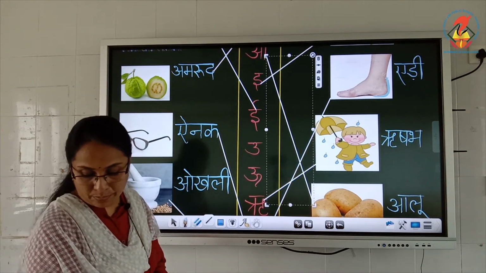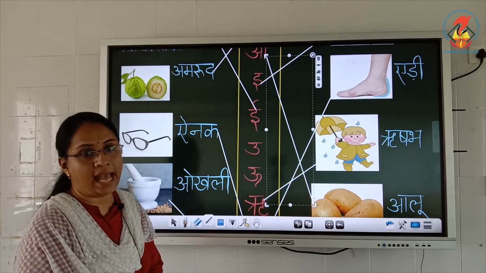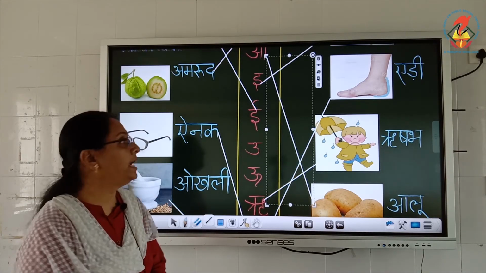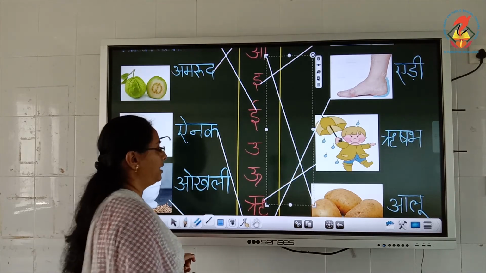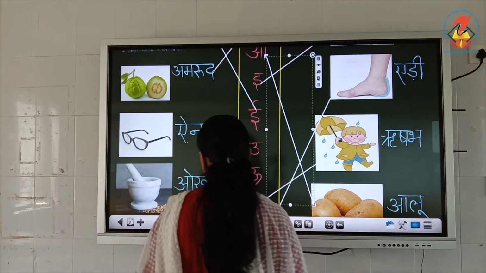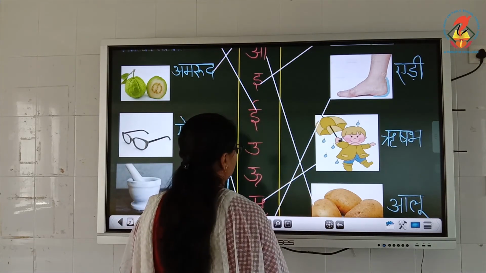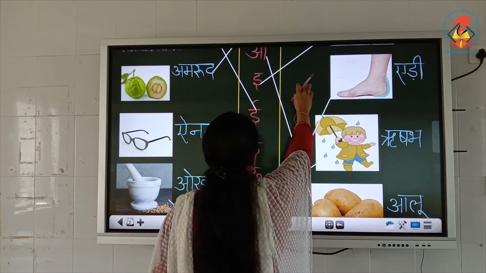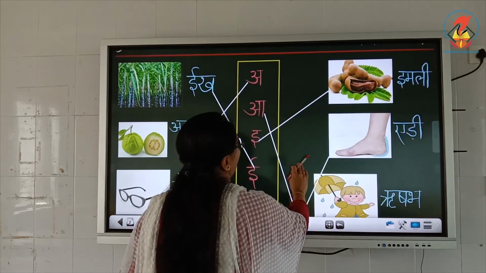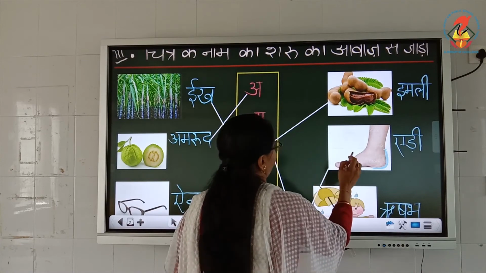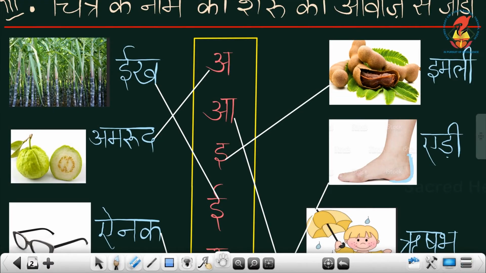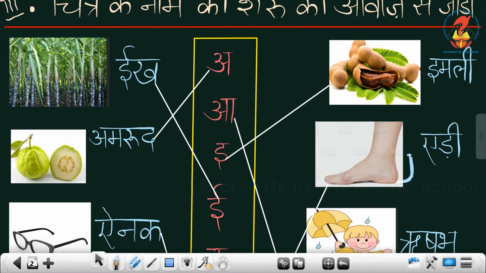Oh, I have not given you the picture of Un. There is a picture in between Imali and Adi. That picture is not there. I'm so sorry. I shall show you that picture also. Let us see. I'll draw. I'll try my best to draw, though I'm not good at it. Okay. ये देखो. I shall shift this picture a little bit to this side. ओके. एडी को हम थोड़ा सा शिफ्ट कर देते हैं.